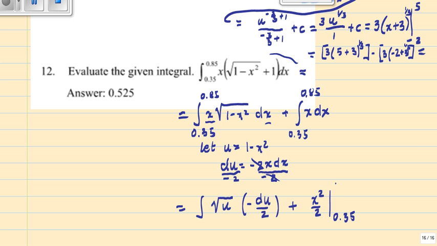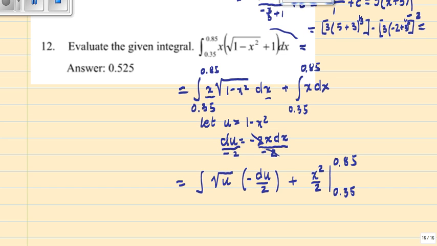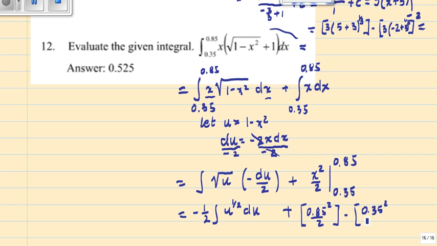limits 0.35, 0.85. And now we can finish off with the first one. So this is nothing different than minus 1/2 integral u to the 1/2 du, plus this one is nothing different than 0.85 squared divided by 2 minus 0.35 squared divided by 2,